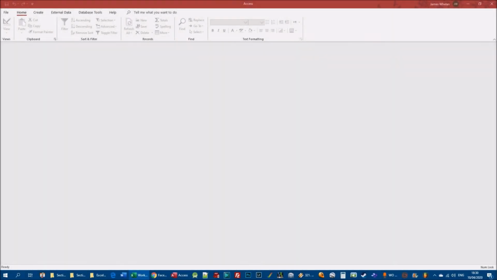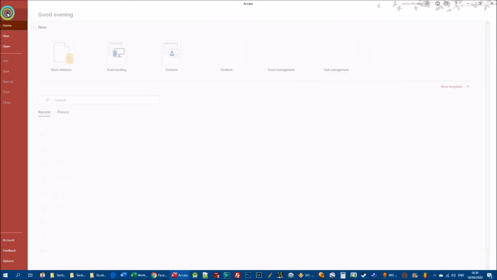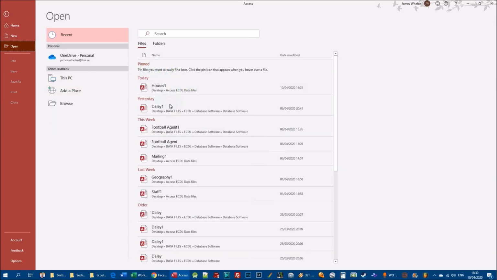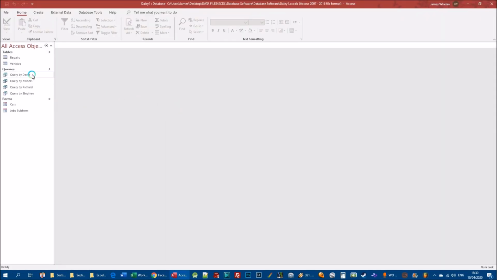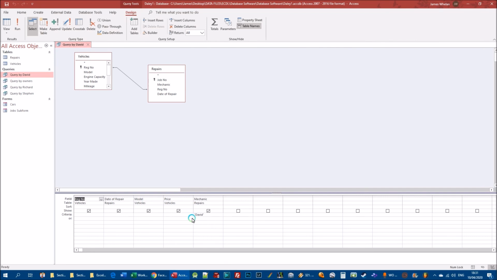Now that we've looked at non-matches, we're going to have a look at how to do AND queries as well. We've actually already done an AND query in a previous query. If I just open up the daily database, and we had query by David, query by owners, and so on and so forth. If I right-click on query by David and go to design view, we can see that in